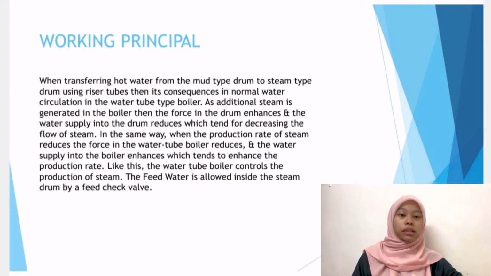Then from the mud drum to the steam drum using riser tubes, this results in normal water circulation in the water tube boiler. As additional steam is generated in the boiler, the pressure in the drum increases and the water supply into the drum is reduced, decreasing the flow of steam. In the same way, when the production rate of steam reduces, the pressure in the water tube boiler reduces and the water supply into the boiler increases,